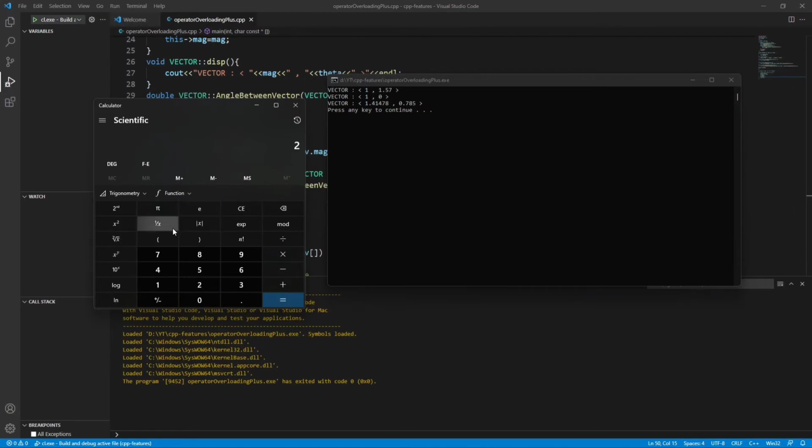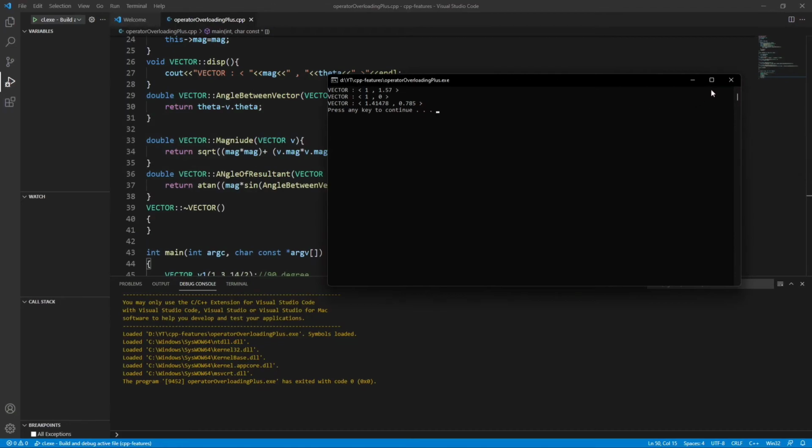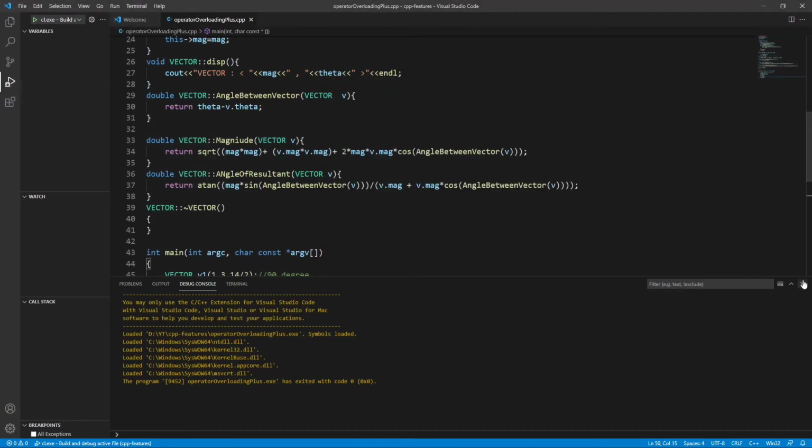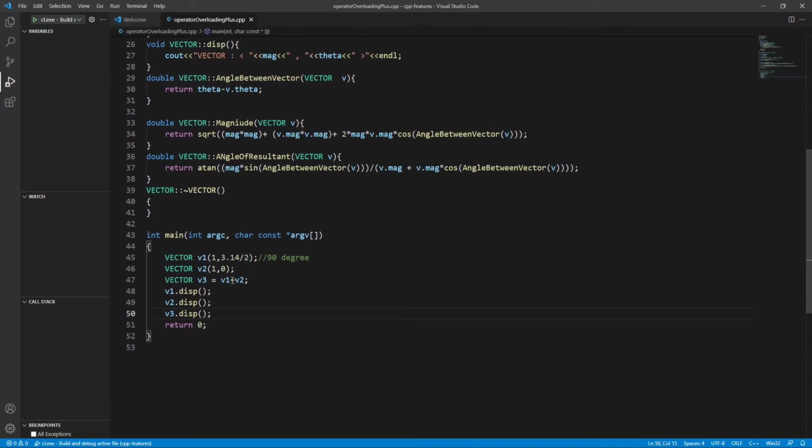Okay, here it is: 1.4142, so it's approximately equal to that only. And let's clear this and see what is 0.785. That should be pi by 4, so that is 3.14 divided by 4. Let's see what's the value: 0.785, 0.785.